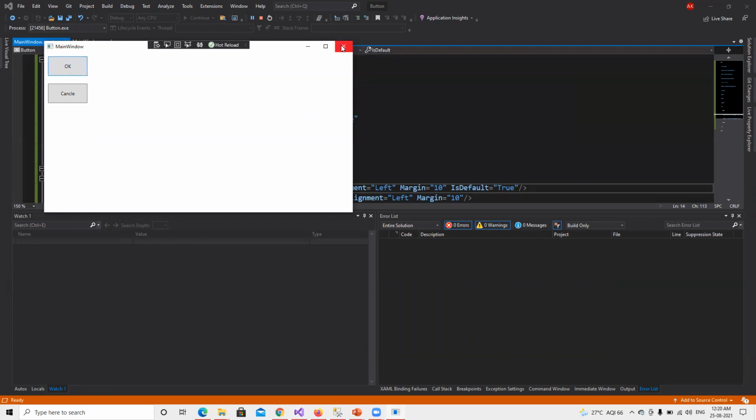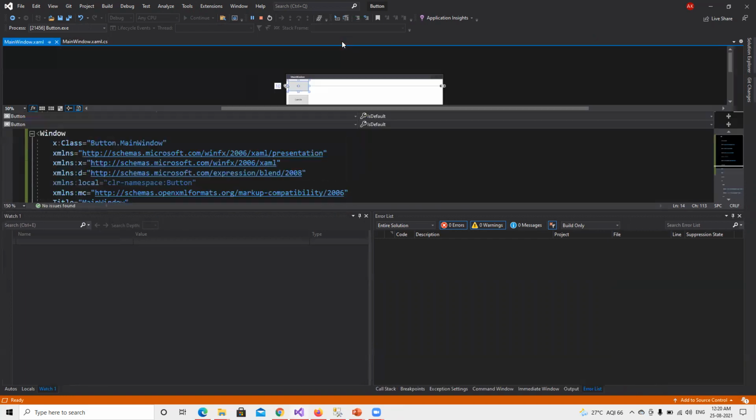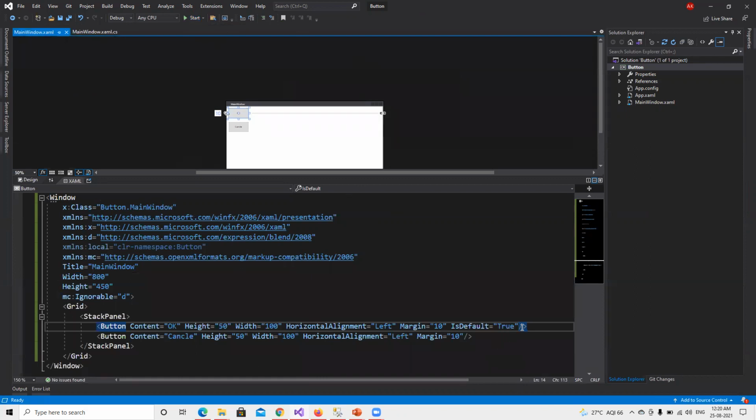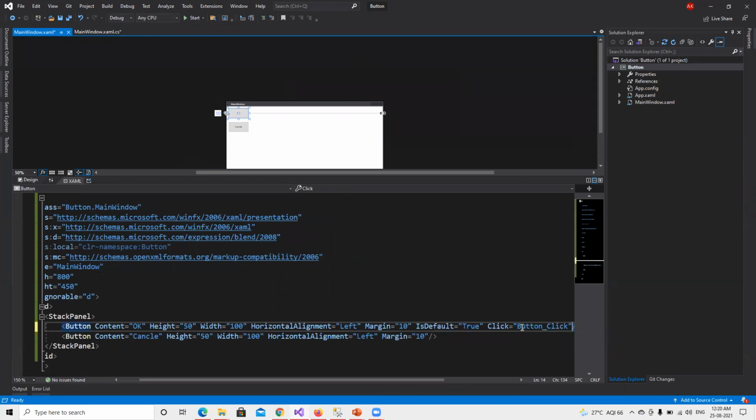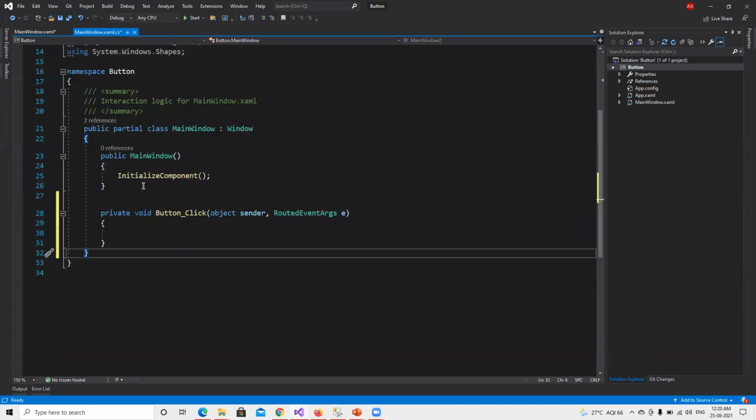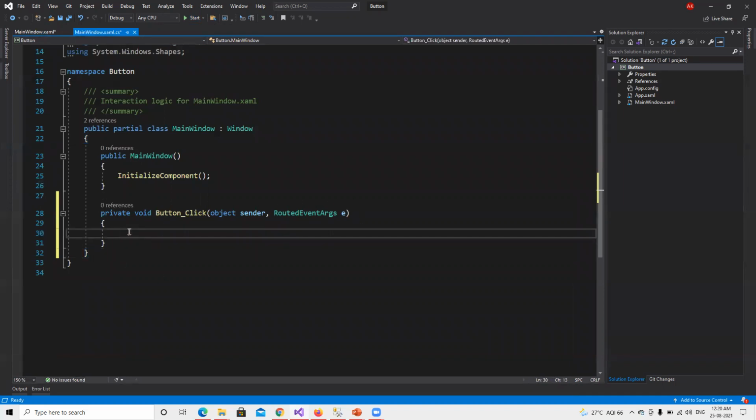So now we'll go ahead and try to define the event for these two buttons. Suppose I need to do the click event, I put that click, and I will do new generate event. So now it's generated with the default Button_Click. Similarly, now if we go ahead and do this one, we see that there is one more class created. So we can go ahead and put a message box, and we'll learn about message box in more detail in later videos. So now we put OK.